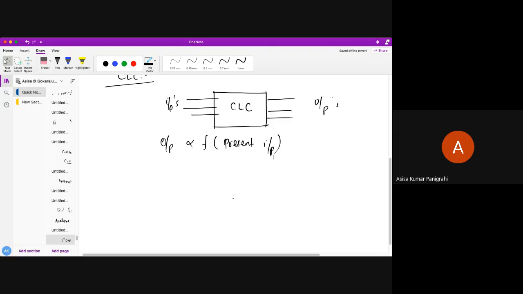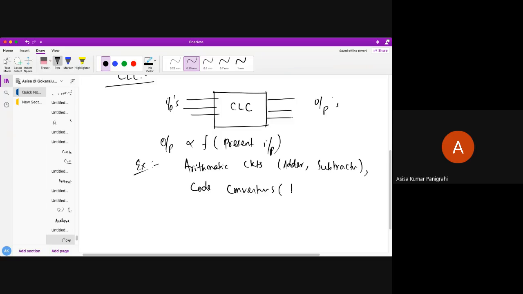A few examples of combinational logic circuits are arithmetic circuits, like adder circuit, subtractor circuit, and code converters like binary to gray and gray to binary. Next, multiplexer, demultiplexer.